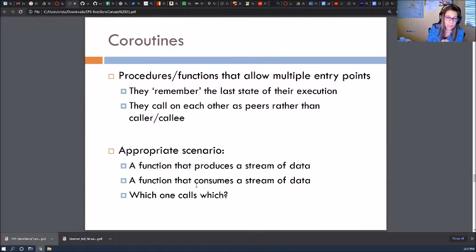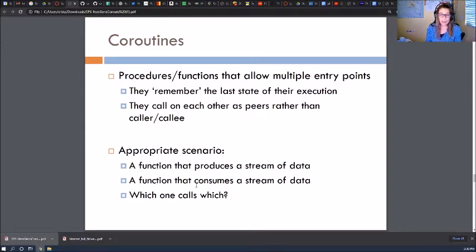Generators are very constrained examples of coroutines. So coroutines is the more general version. Generators are coroutines, but they are very, very constrained, because when you come back to the function, you come back exactly to the place where you left. So if you open that can of worms, you can imagine coroutines where when you come back, you can come back to any arbitrary point of the function, which is a little crazy, but this is in the beginning when we started doing computer things. This was a perfectly valid thing to do, and a perfectly valid question to ask.